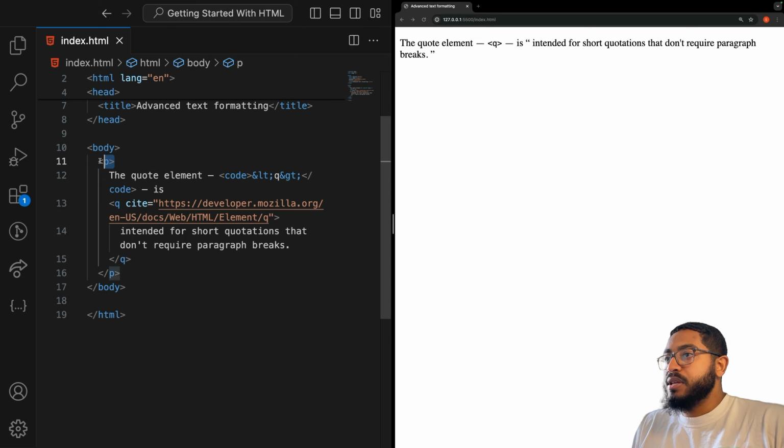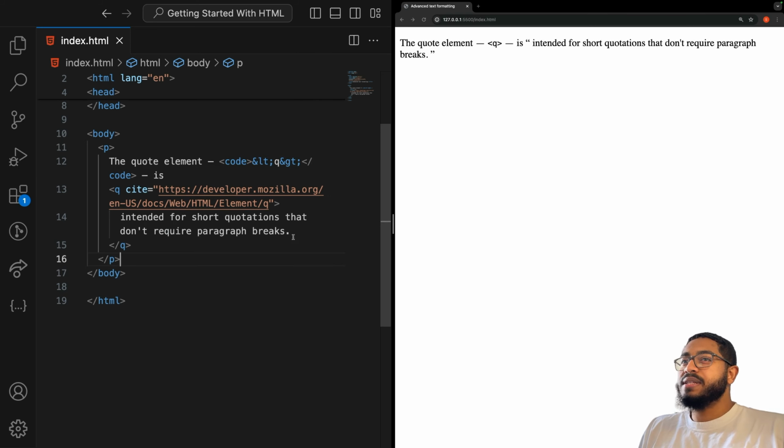So you can see everything's wrapped within this paragraph tag, and the actual inline quotes, as we can see here, is within this q element, with the website correctly cited using the site attribute. The content of the site attribute sounds useful, but unfortunately browsers and screen readers don't really do much with it. So as we can see here, if we go over the quotes, there is no way to get the browser to display the contents of the site